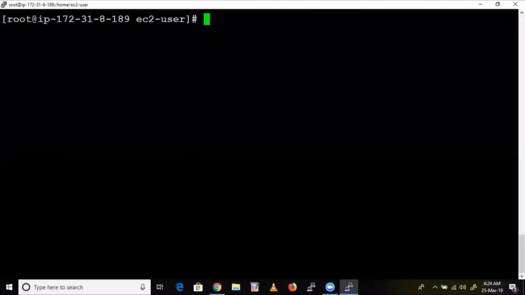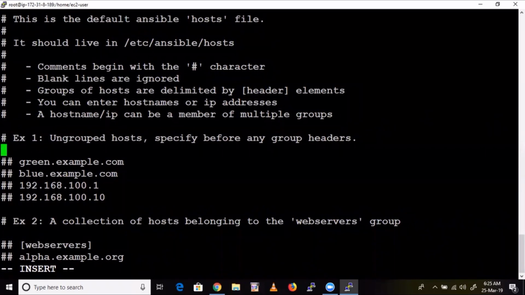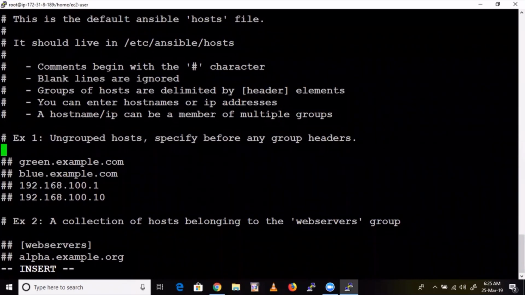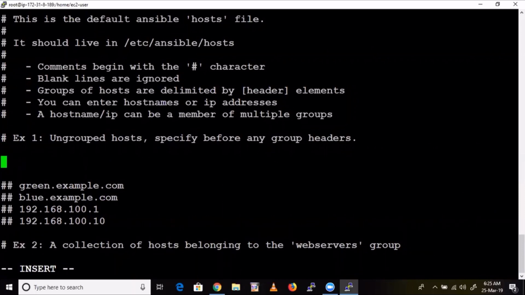Go to that host file: vi /etc/ansible/hosts. This is the host file. Here you can see example 1. Come down here under example 1. You can create example 1.